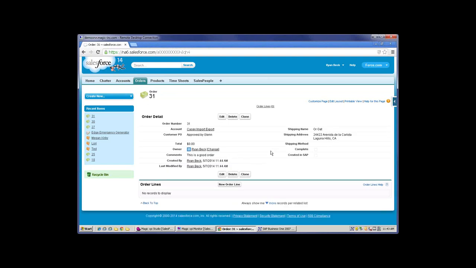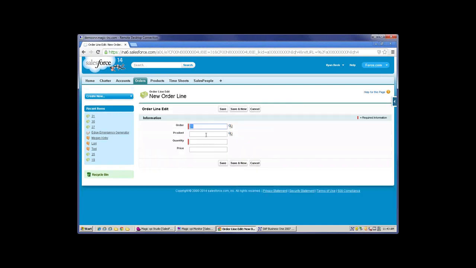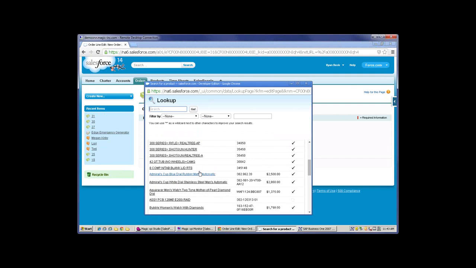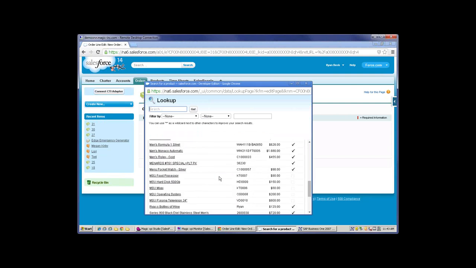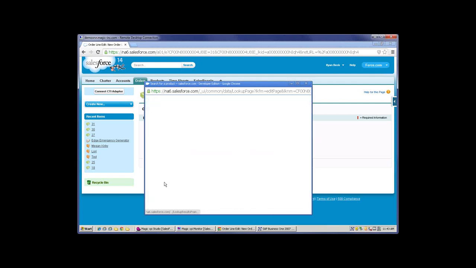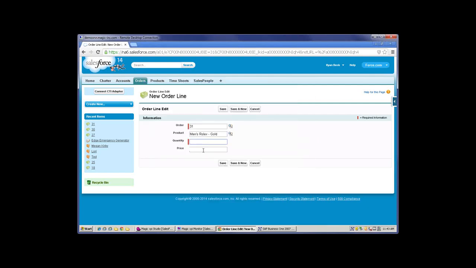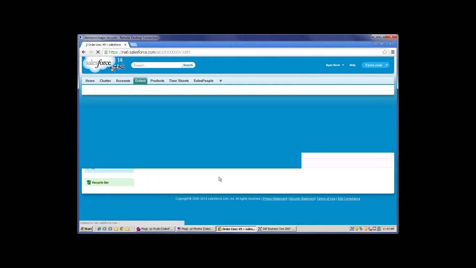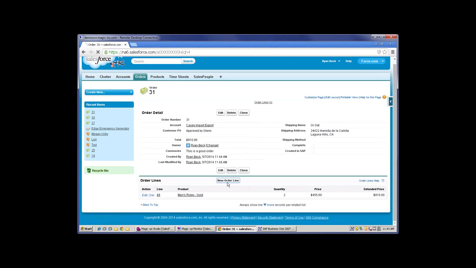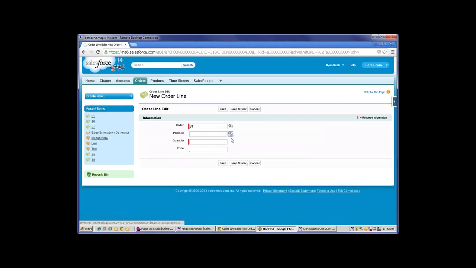And now what I'm going to do is add some products to it. So I'm going to go ahead and add, let's see here, what do we want to buy? Some stuff in here. I don't know what all that is. You know what, there's some watches. I'm going to choose a watch here. That looks kind of interesting. And let's get 2 of those and add that. And maybe we'll add to our order one more thing. We're also going to grab,